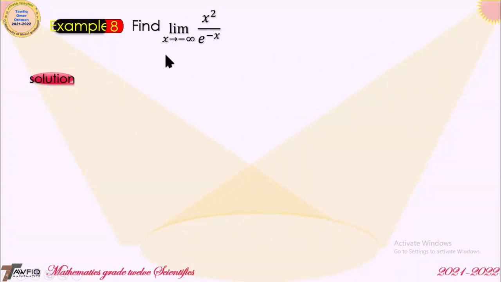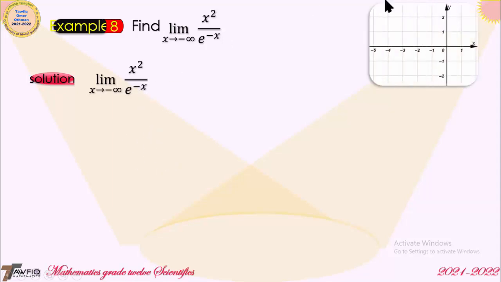Example number 8. Find the limit when x approaches minus infinity of x squared over e to the power minus x. Limit when x approaches minus infinity, x squared over e to the power minus x. As you can see here in the graph of these two functions, the graph of e to the power minus x is like this. When x goes to the